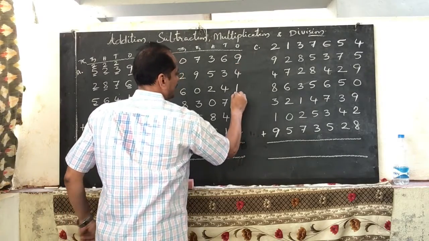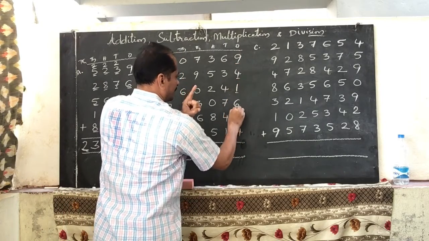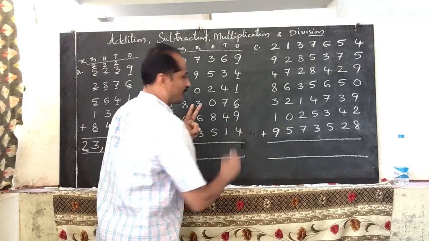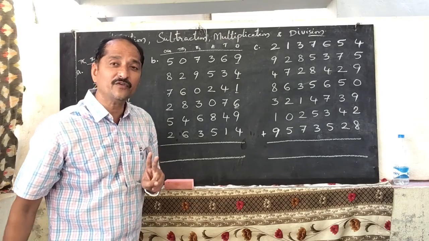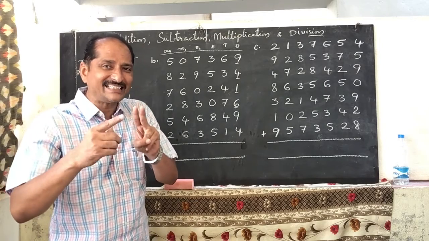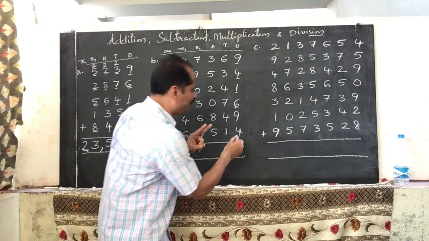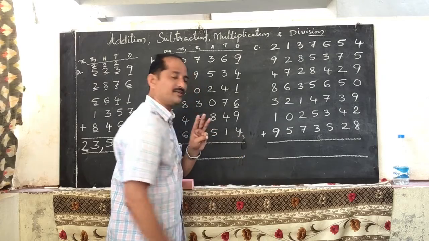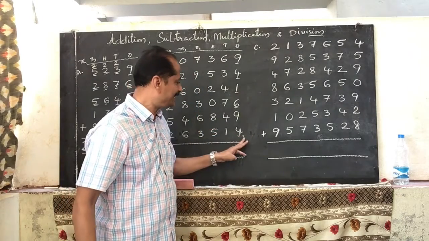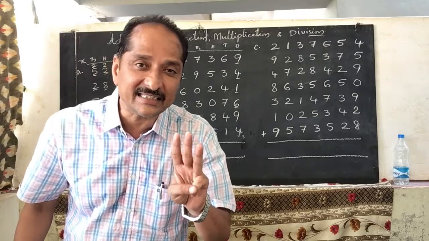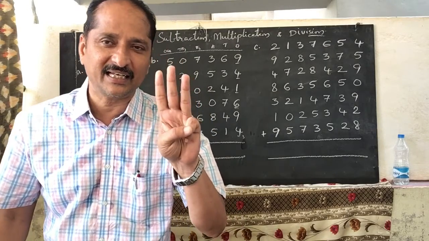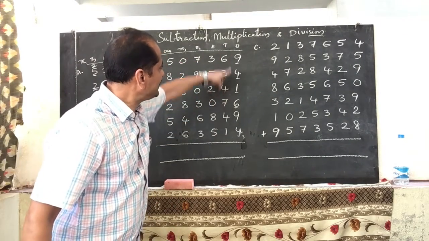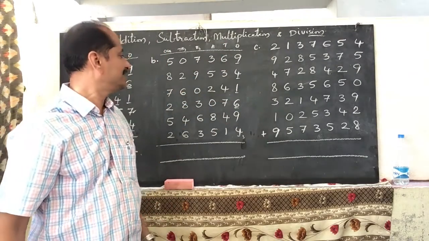9 plus 1, 10, 110. 6 plus 4, another 10, 2 tens. 2 tens and 9, 4 we got. 9 plus 4 how much? 9 plus 1 becomes 10, so 3 tens. How much will be left over? 3 will be left over. Okay? So 3 tens and 3. 3 tens and 3 is 30 plus 3, 33. What are these 33? 33 ones we have. 33 ones.